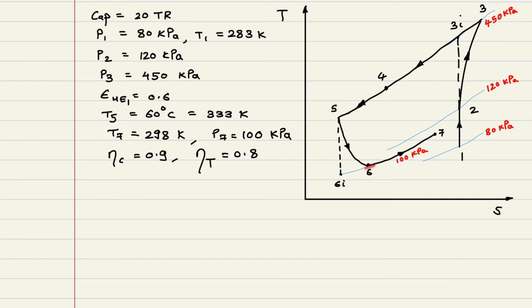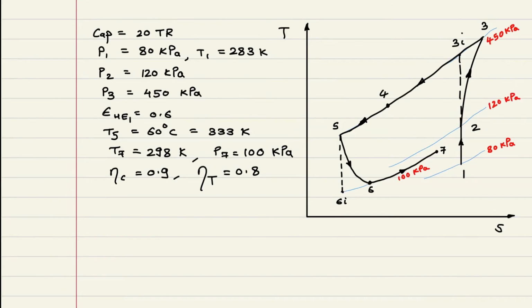And then 6 to 7 is constant pressure heat absorption by chilled air in the cabin. So whatever given pressure is there, P1 I have written, then P2 I have marked, P3, and this P4 is equal to P3, P5 is also equal to P3. We have to assume no pressure drop in heat exchanger and regenerative heat exchanger. Then P7 data is given, and since P6 is not given, we are assuming that there is no pressure drop in the cabin, and P6 is also equal to P7.